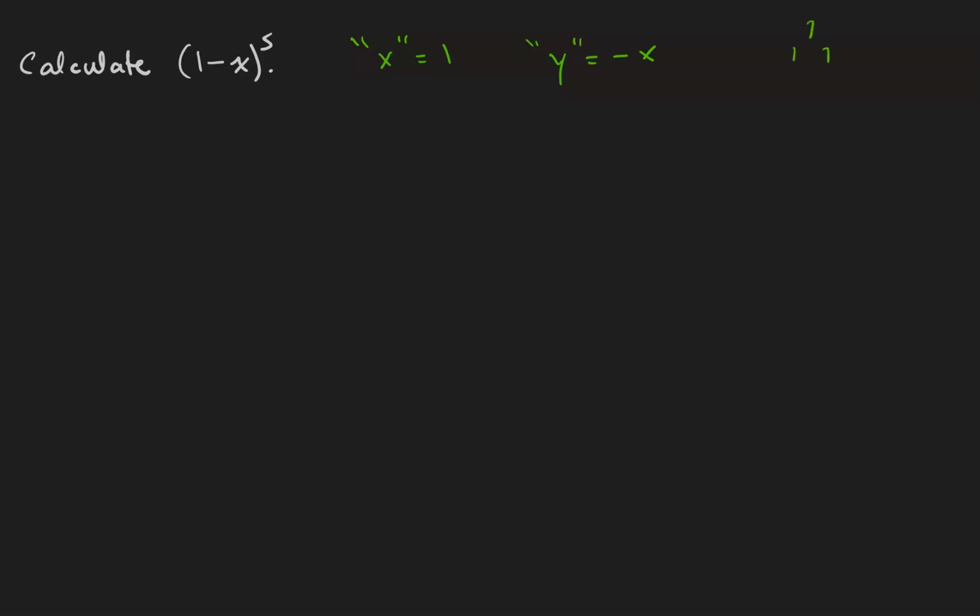So 1; 1, 1; 1, 2, 1; 1, 3, 3, 1; 1, 4, 6, 4, 1. 1 plus 4 is 5, 4 plus 6 is 10, 6 plus 4 is 10, 4 plus 1 is 5, and the last number is 1. Therefore, this polynomial is 1